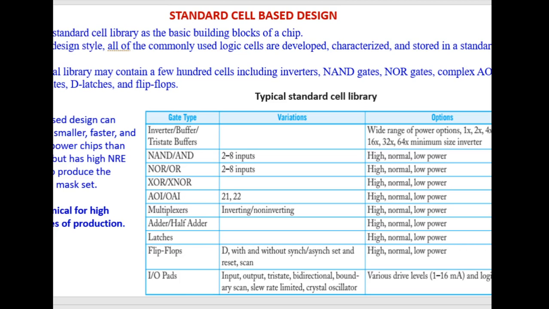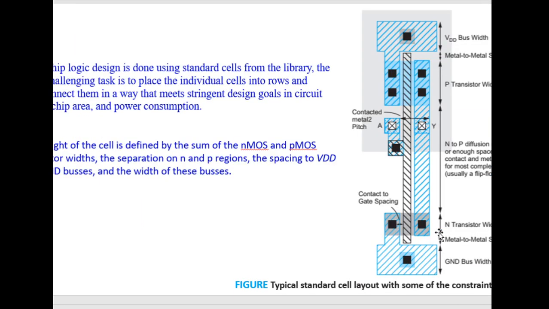So still the cost is a bit high, but as compared to full custom design, the cost is not that high, and hence this is still suitable for high volumes of production, where a large number of production is anticipated. Okay, so this is a standard cell layout with some of the constraints, like every cell. Remember what I told,